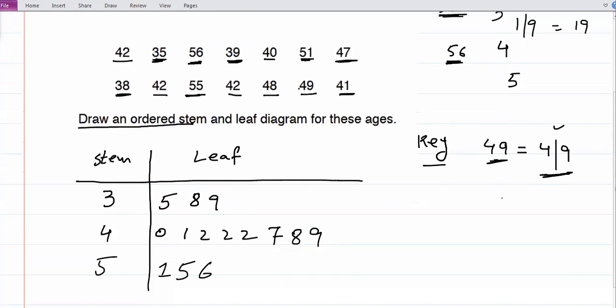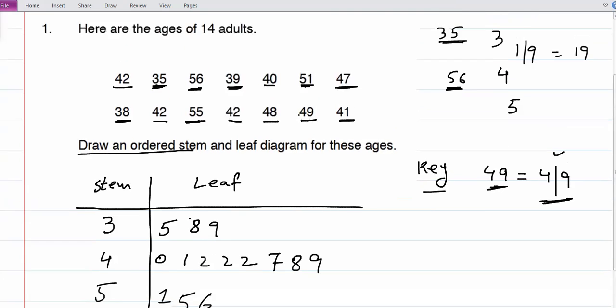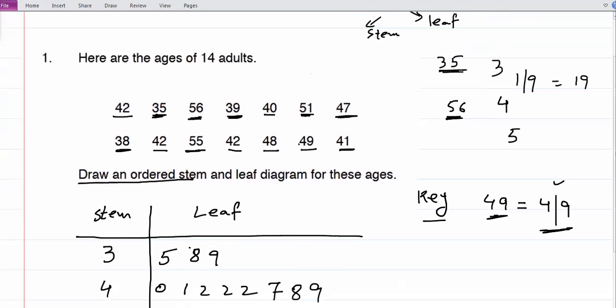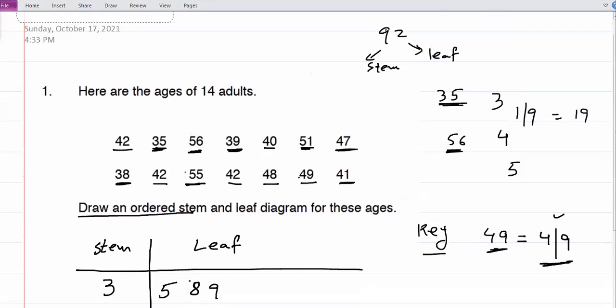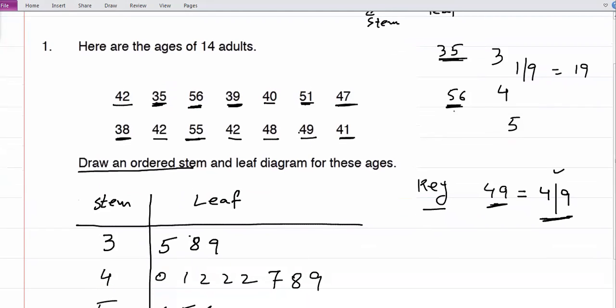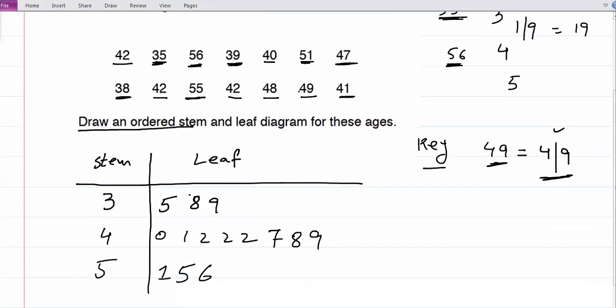Just like, for example, this 35. It means I will read it as 35. Just 38, 39 in this way. Okay. Then look at the smallest number. You have to look which number is the smallest number. For example, the smallest number was 35, so I wrote the stem of the 35. And then I looked at the largest number, that is 56, so I wrote the stem of the largest number. Between the smallest and largest stem, if any numbers are coming, write those numbers, and then accordingly complete that.